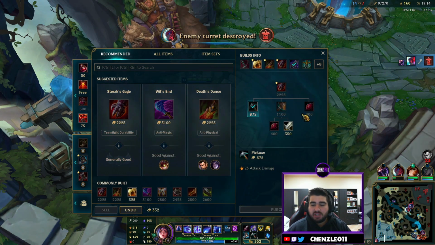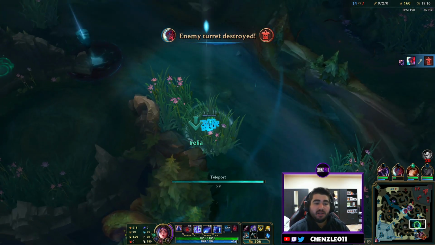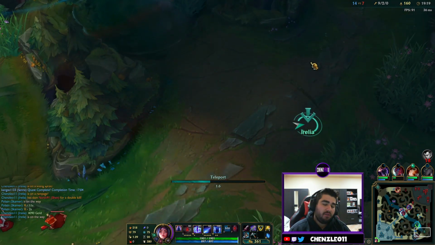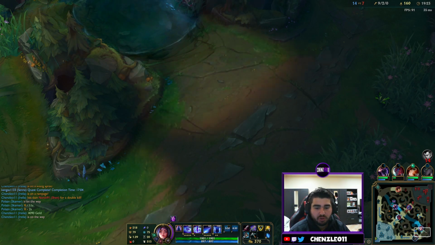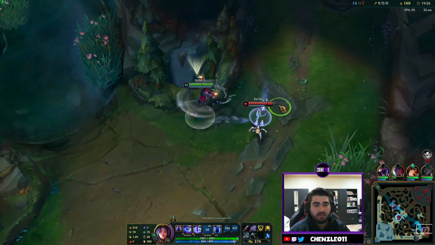Obviously, the E does magic damage, and it scales with magic damage. It has a really high magic damage scaling ratio, but obviously you're not going to be building AP on Irelia. Let's see if this TP is a bit better. I'm trying to push my advantage, but it looks like the enemy team's going to...